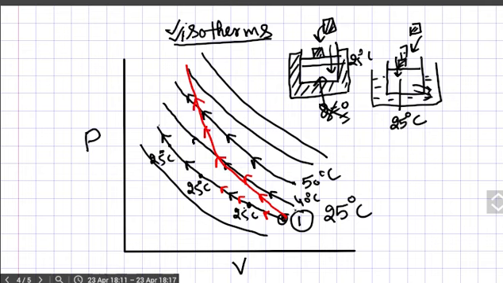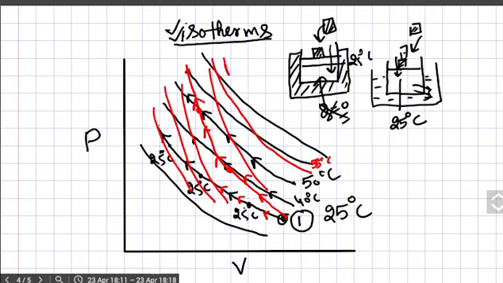You will cross many isotherms, which means that here its temperature is 40 degrees centigrade, here its temperature is 50 degrees centigrade, and suppose this temperature is 55 degrees centigrade, so you will achieve 55 degrees centigrade. So adiabatic paths will always go like this, they will cross isotherms, and they will be steeper, the slopes are more, and their equations are given by PV^gamma equal to constant. They trace this kind of curve.